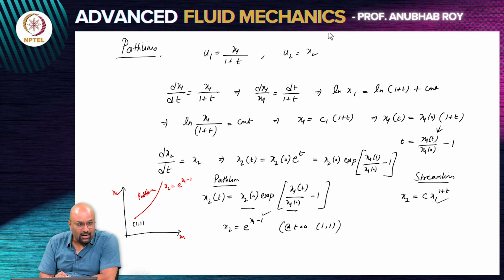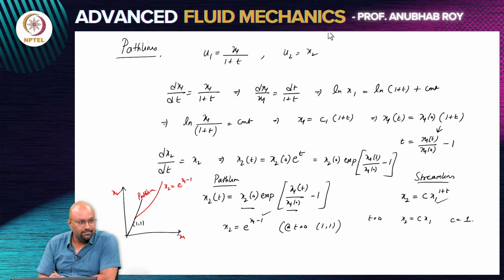Now let's try to draw streamlines that are passing through point 1, 1 at different instants of time. So if I am interested in finding out the streamline that passes through point 1, 1 at different instants, let's say that at t equals 0, this is C2 equals constant times x1, which means if it has to pass through the point 1, 1, the constant should be 1. So I should have, my lines are not drawn to scale, but I should have a streamline which should look